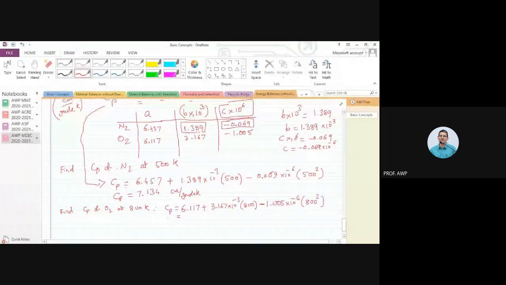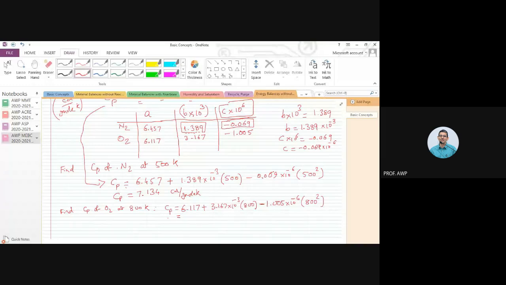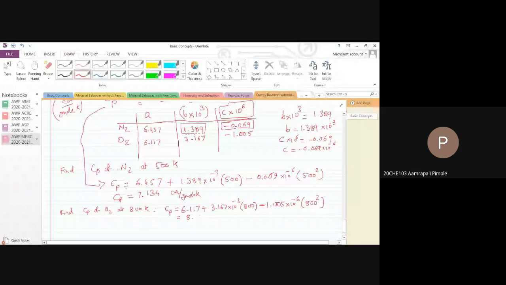So Cp would be, somebody tell me the value. So 8.007 calories per